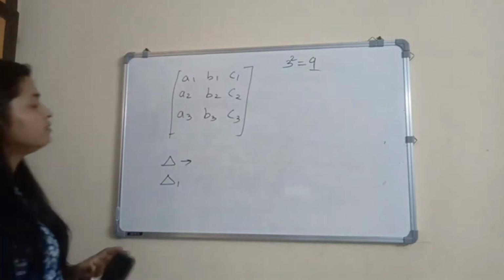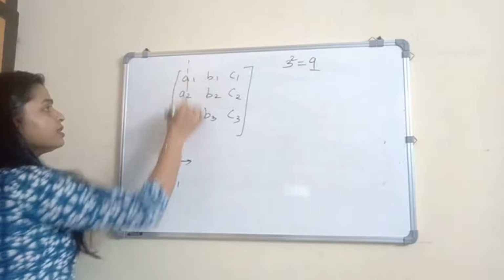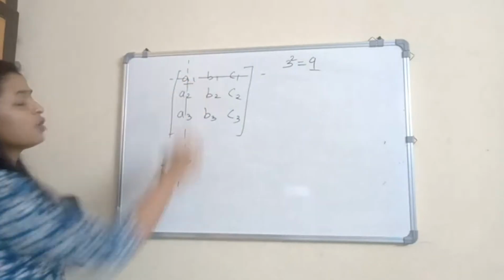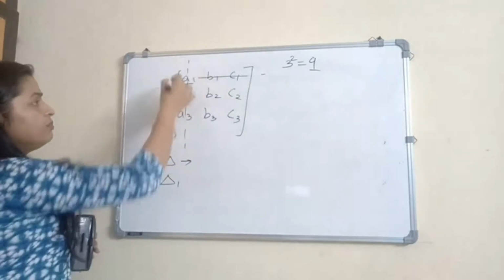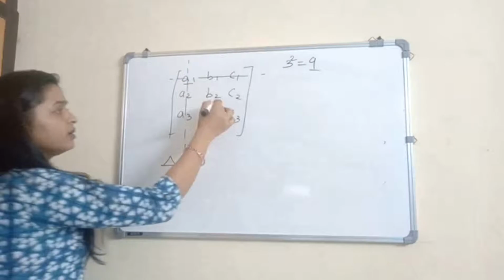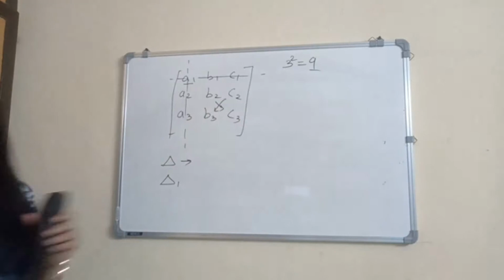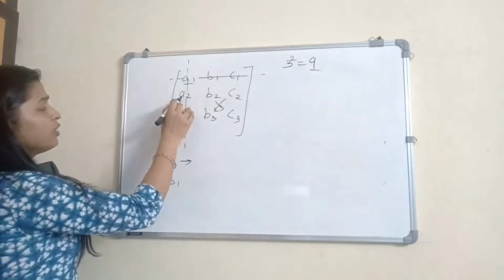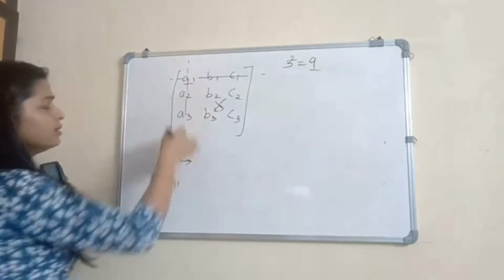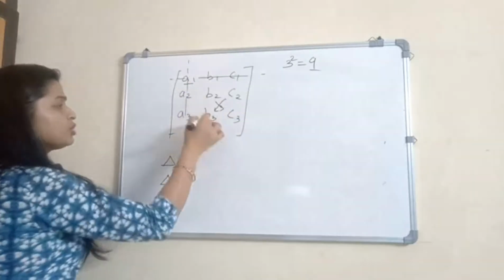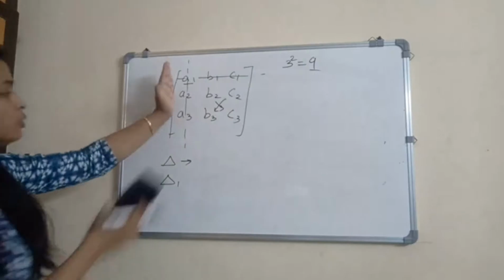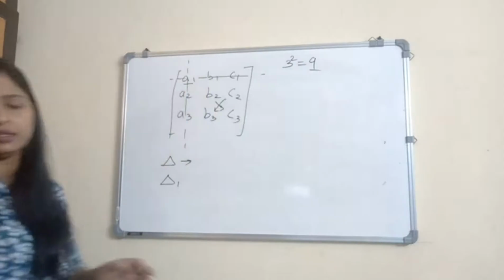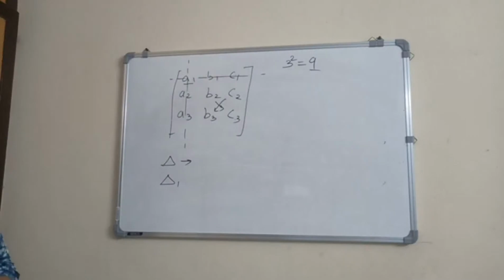So how do we do that? First, we hide this row and column for calculating the minor of A1, as if putting a mirror on it. For A1, we do the cross multiplication of the remaining elements. We know this formula. Then for A2, we cut this and do the cross multiplication of the remaining two. Similarly, for A3, we put the mirror here, and the cross multiplication is done in this case. By this way, we can calculate del.